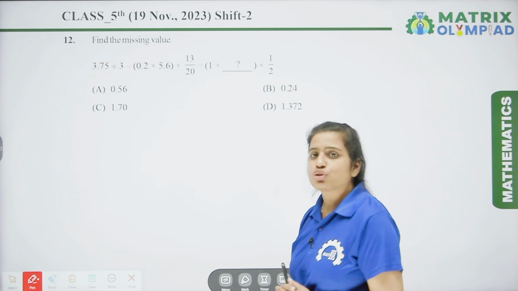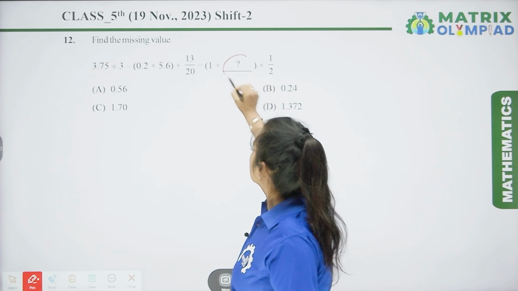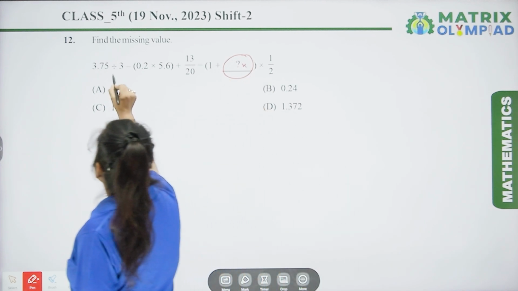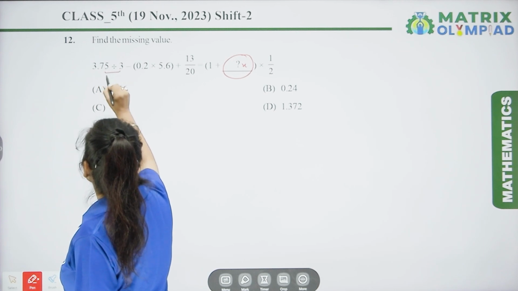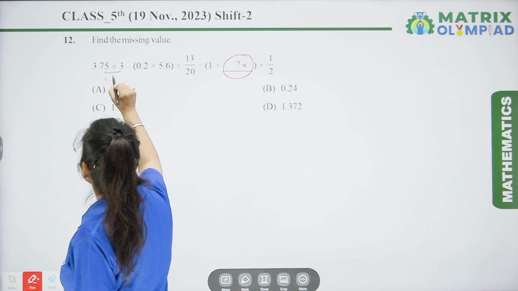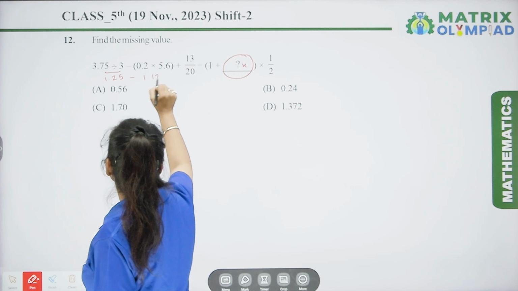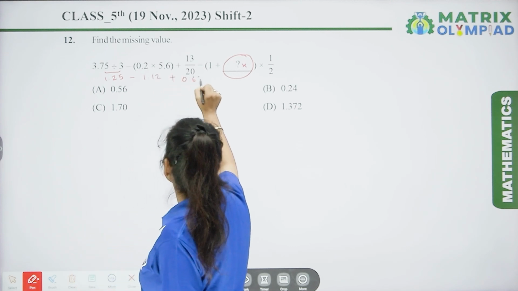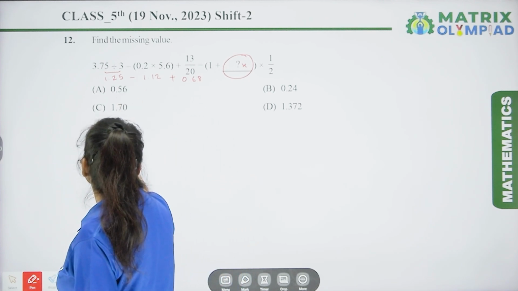Now the next question is question number 12. Here we have to find out the missing value. So let this value be X. Now the value is 3.75 divided by 3 is 1.25. Here multiplication is 1.12. Here we get plus 0.68. Now after subtraction we get